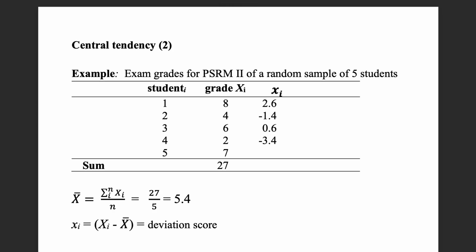This student scored a 6, so that's 0.6 points higher than the average of 5.4. We can do this for the very sad student 4, who scored a 2 on the exam, so that student has a deviation score of minus 3.4. And we could do this for the fifth student, and we get a deviation score of 1.6, because 7 minus 5.4 is 1.6. Cool. Nothing super difficult yet. Now I'll highlight